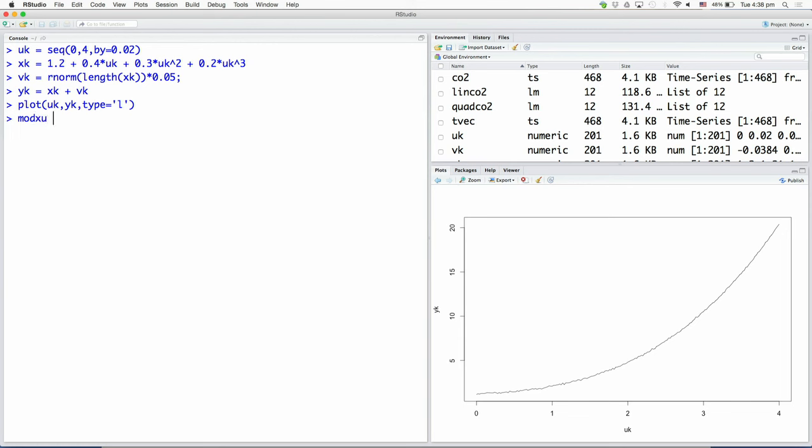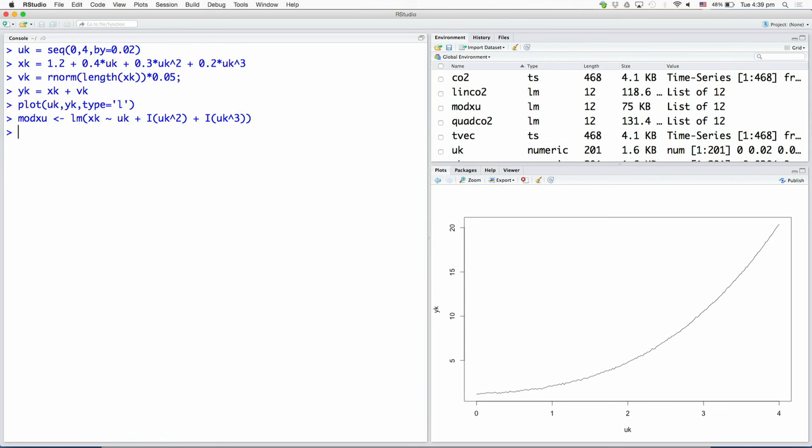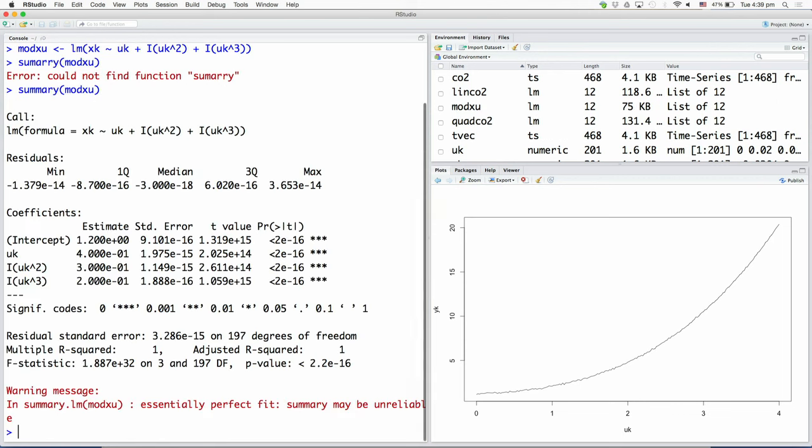Let us call this mod xu and call the LM and supply the symbolic relationship. So, we have here xk tilde uk plus I(uk square) plus I(uk cube). That is it. All right.